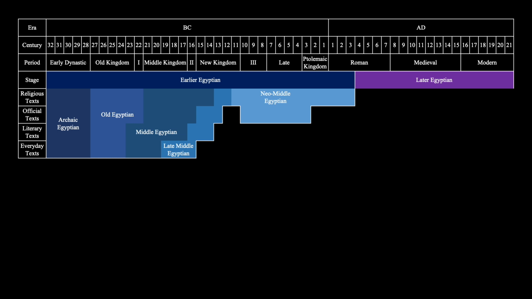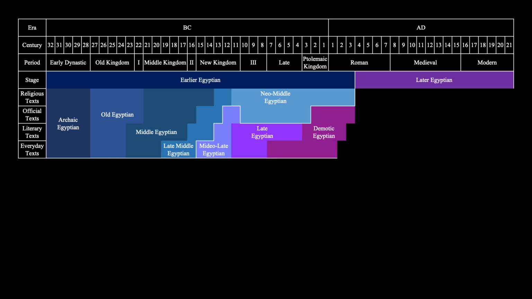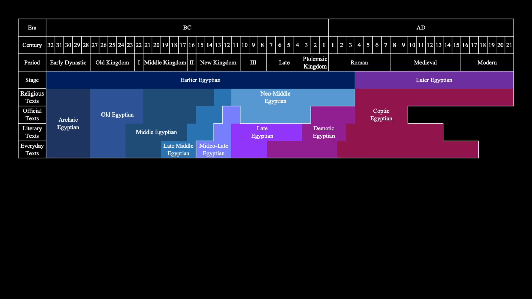The second group, Later Egyptian, developed from the colloquial and informal dialects spoken during the later half of the New Kingdom. Its earliest standardized form, known as Medio-Late Egyptian, would supplant Middle Egyptian as both the literary language and everyday language of Egypt during the New Kingdom. This would later develop into Late Egyptian, then Demotic Egyptian, and then Coptic Egyptian, the final form of the Egyptian